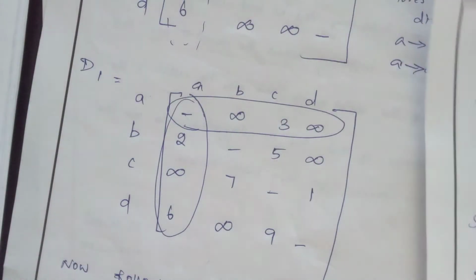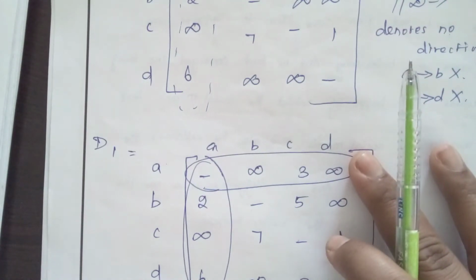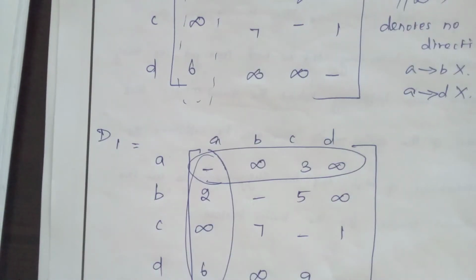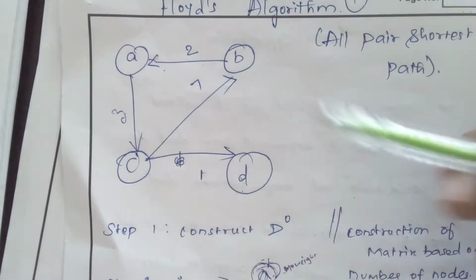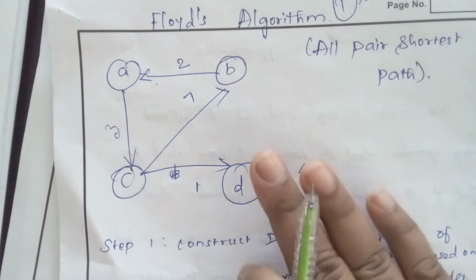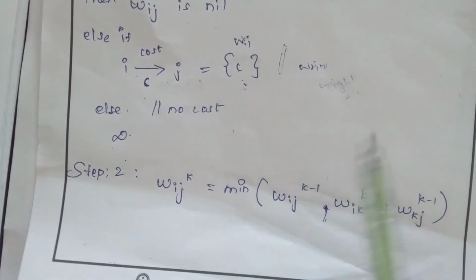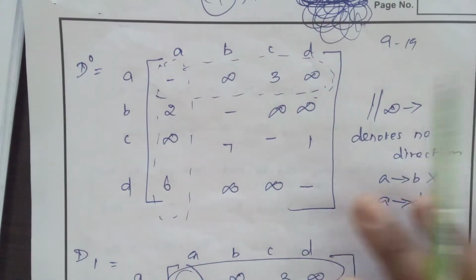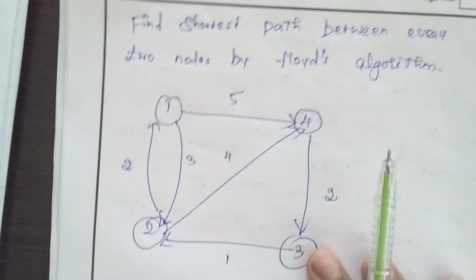Suppose you are working towards a target. I have shown this problem, with nodes A, B, C, D. I will tell you how to solve this problem based on these methods. The first is the construction method, and the second is finding the weight values. Before that, we will see one more problem and sort out this new problem.